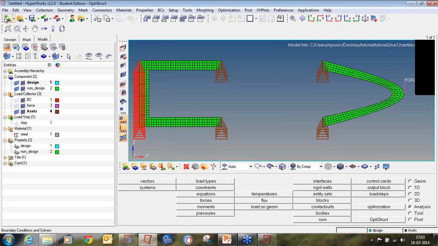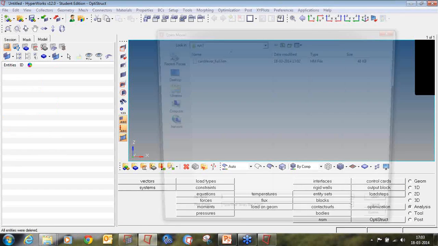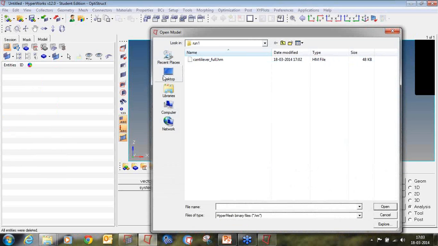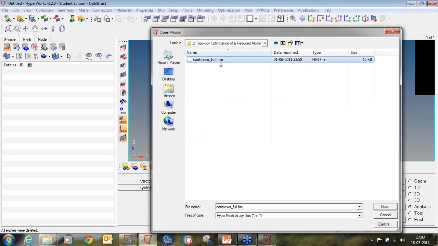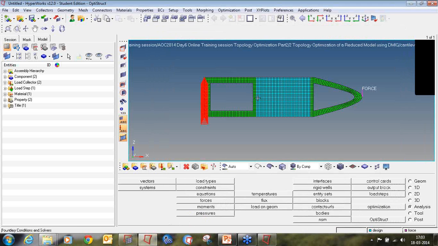Now I'll click on new and reopen this file. Now we will delete the super element part out of using DMIG. Since the matrix for the super element part will be replaced by DMIG, the bulk data entries for the nodes and elements, as well as all the loads and boundary conditions that are in the super element, should be deleted. So we will delete the other portion of the part and keep only the super element portion.